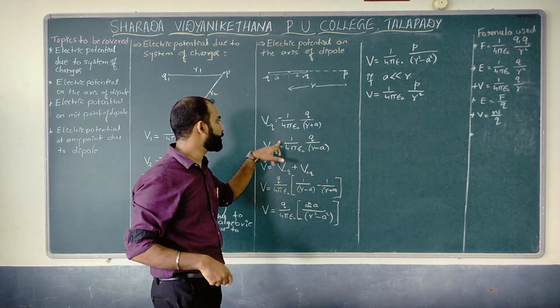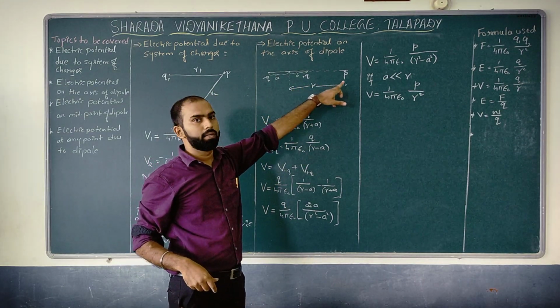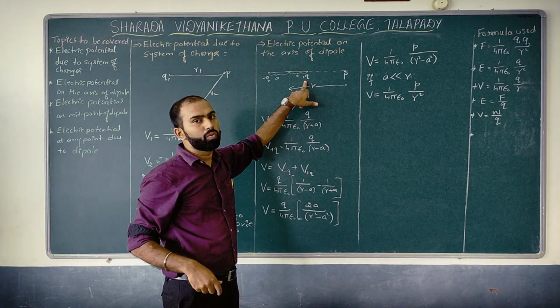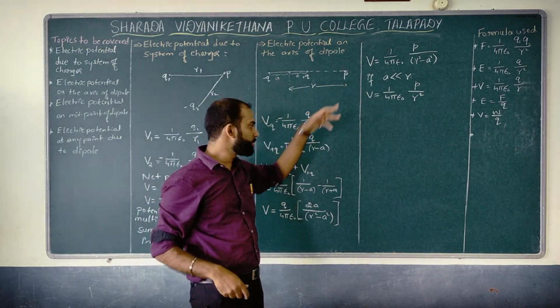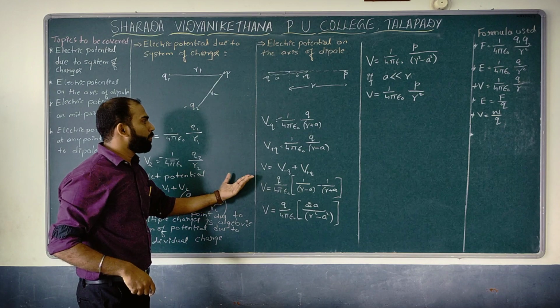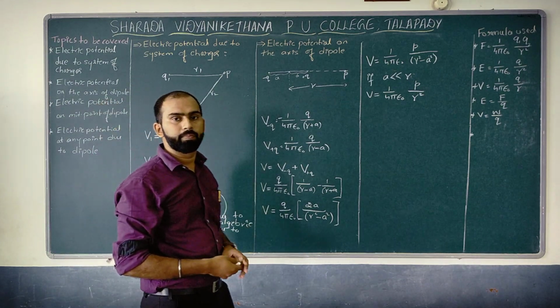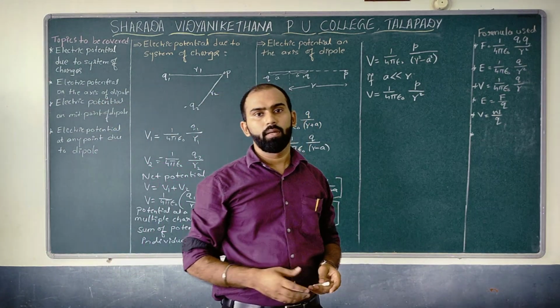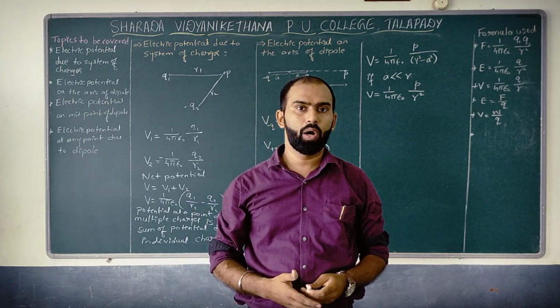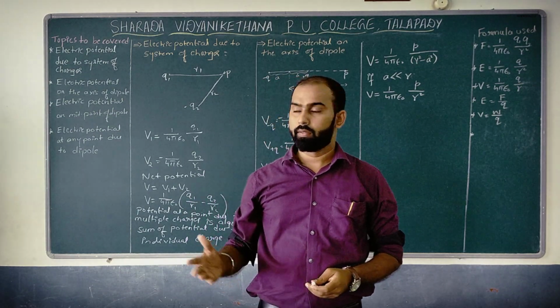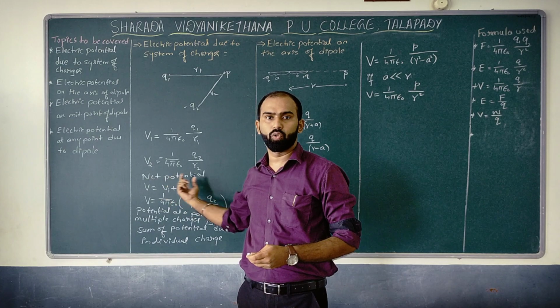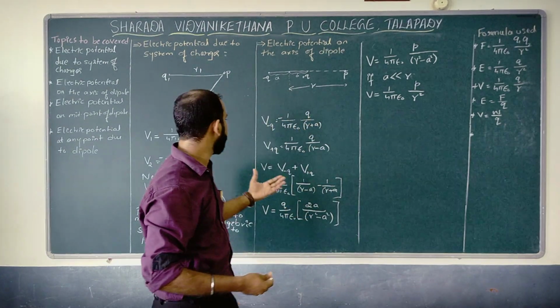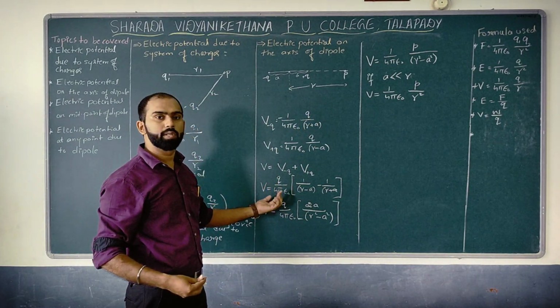It is plus q. Why? Because we have taken plus q with point P. So what is the next step we can follow over here? Just now we have discussed potential due to multiple charges, how to get a net potential, which is nothing but just by adding the two potentials. So how to get the net potential? This is how we are supposed to add.